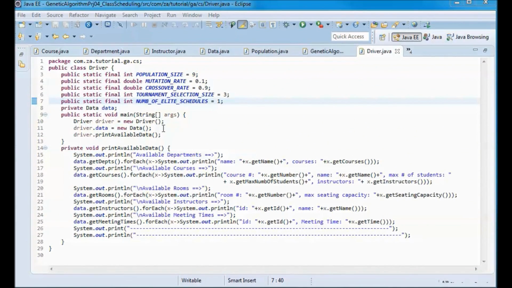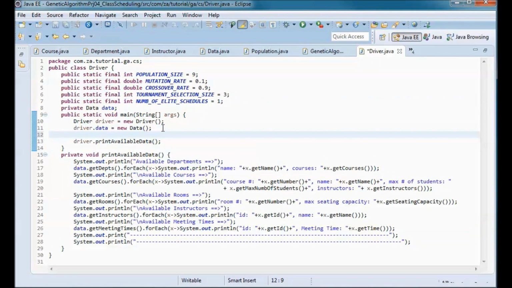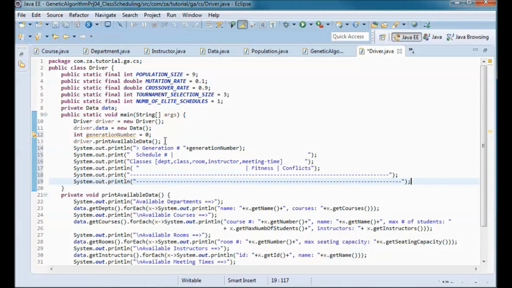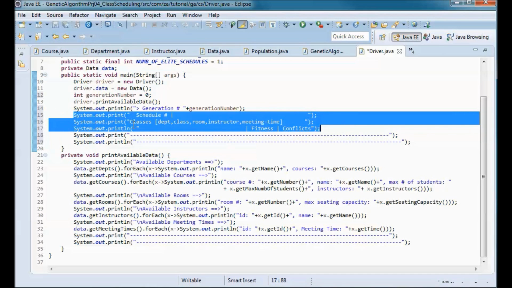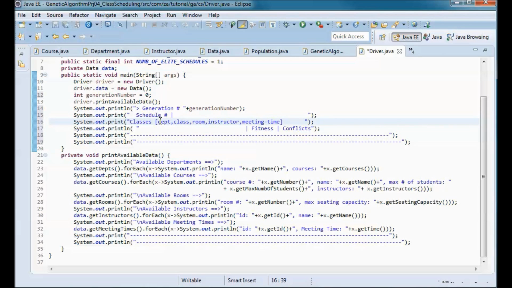And let me have this generation number here, and we will be starting from generation 0, and I will be printing the generation number on one line, and then on a second line I will be printing the schedule number, the classes, which would be the department.